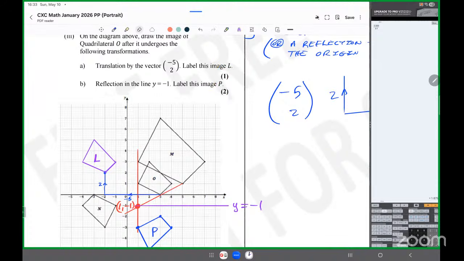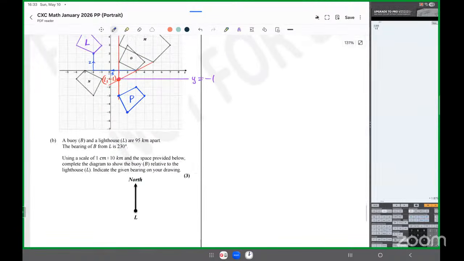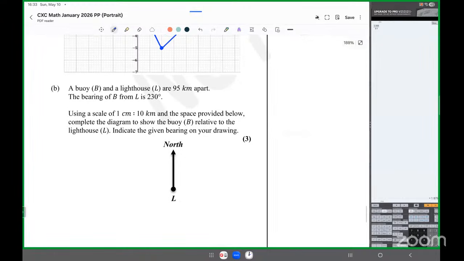All right, that's what you're supposed to have. Do your transformation 1 point at a time. Next question says, oh, so that is it. That finishes that question. This question says, a buoy B